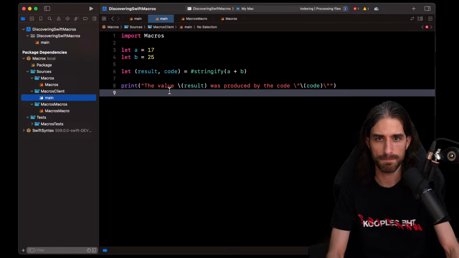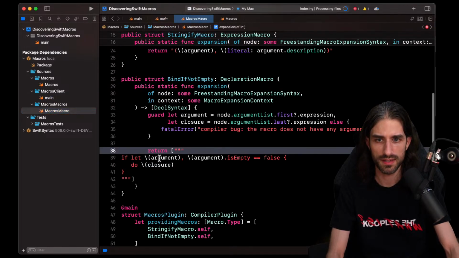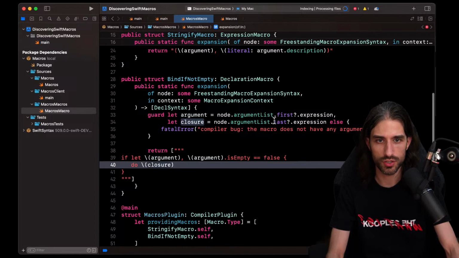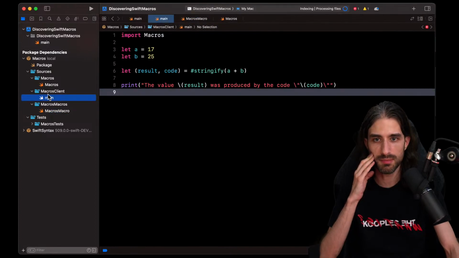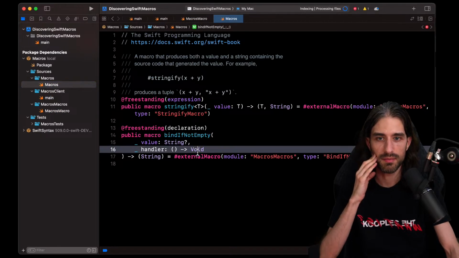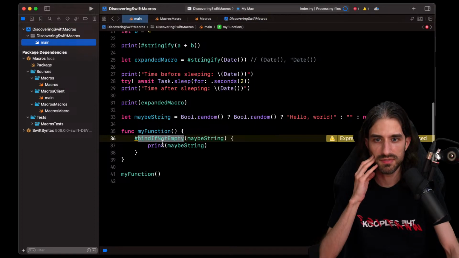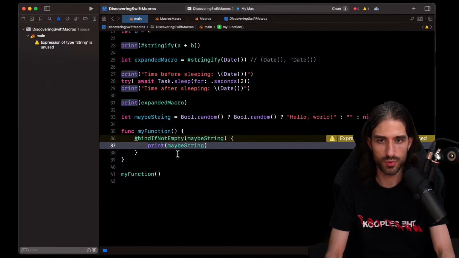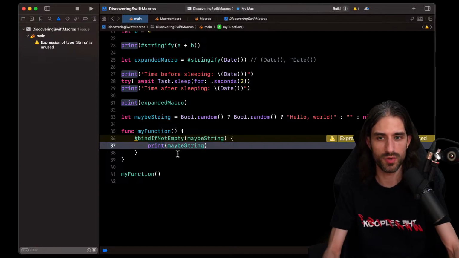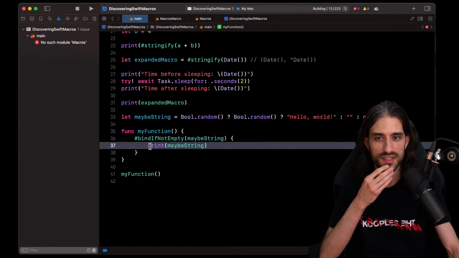Whereas, wait. So argument, closure, argument list first and last. Could it be because I don't have the second argument anymore? I've put it back here. You know what? Before I try to remove the do, I'm just going to clean because it might be a weird cache thing, and otherwise I could indeed remove the do.